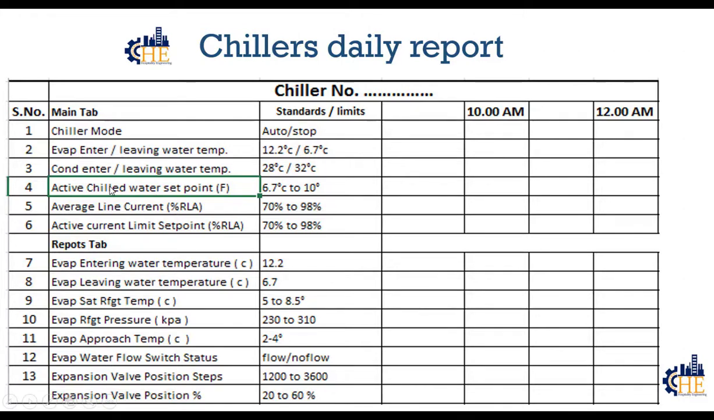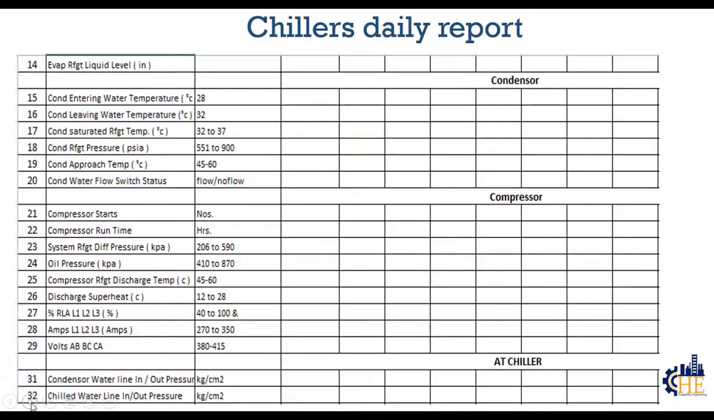Evaporator entering and leaving temperature, condenser entering and leaving water temperature, active chilled water set point, average line current, active current limit set point, evaporator saturation refrigerant temperature, evaporator refrigerant pressure, evaporator approach temperature, evaporator water flow switch status, expansion valve position steps, evaporator refrigerant liquid level, condenser saturated refrigerant temperature, condenser refrigerant pressure, condenser approach temperature,